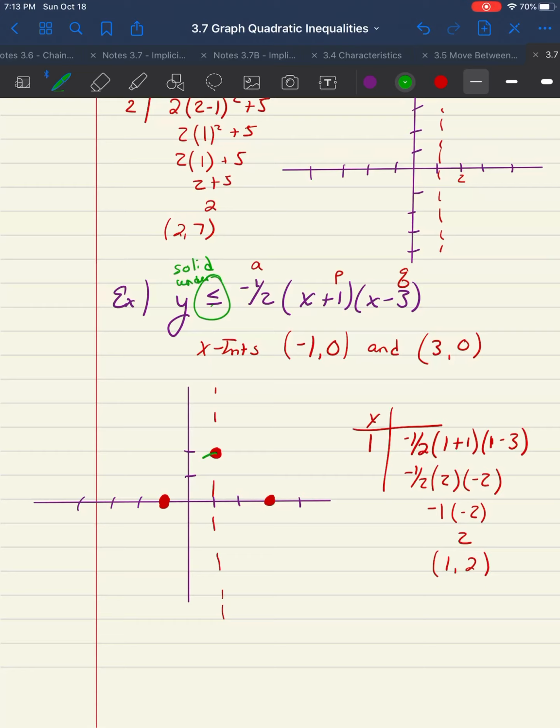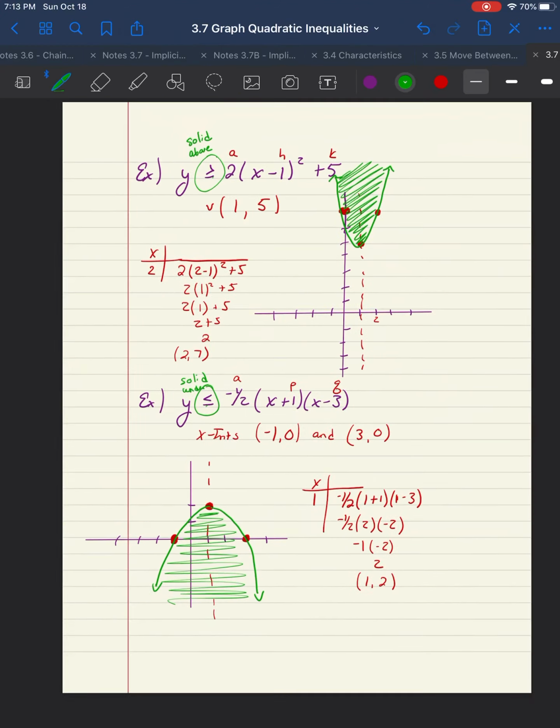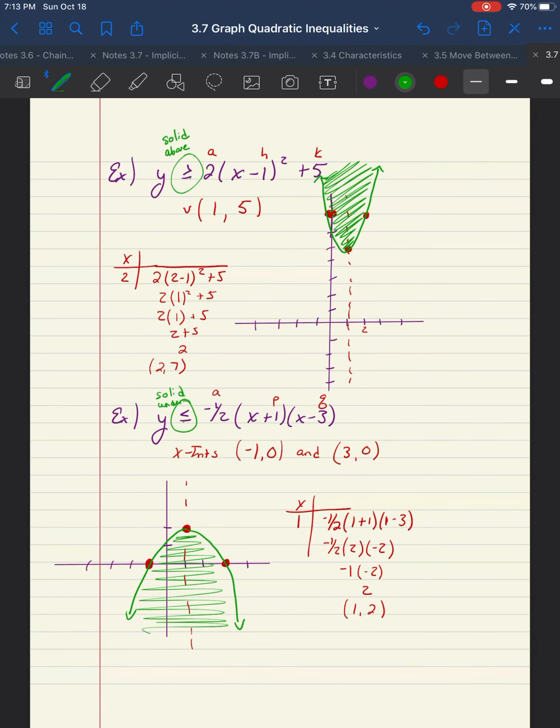Okay, I got an answer of 2, so that means I'm going to go to the coordinate 1, 2. And I'm going to plot my vertex. And then I'm going to decide what kind of a line. Solid because I see the equal to, and it's a less than, so